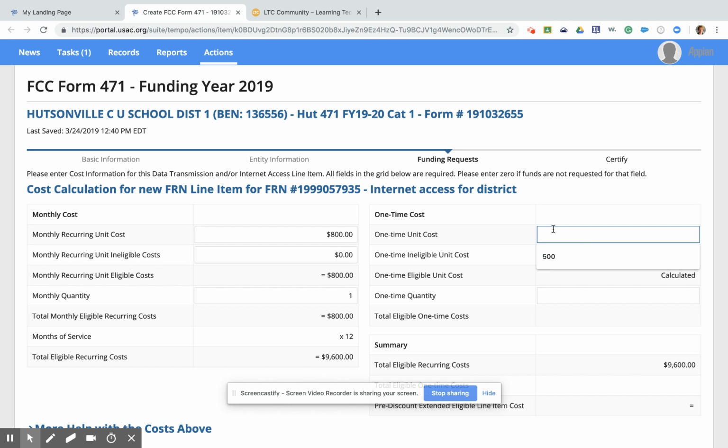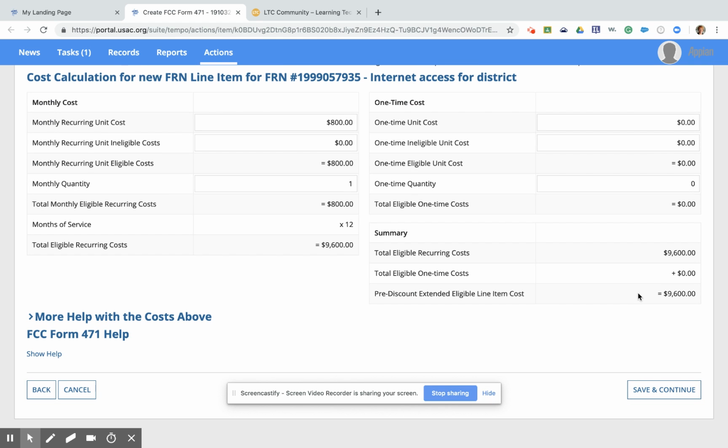The one-time unit cost would be 0 in this instance because all of these costs are monthly and not one time. So you do have to fill out the zeros so that the program can calculate your total cost for the year. Save and continue will take us back